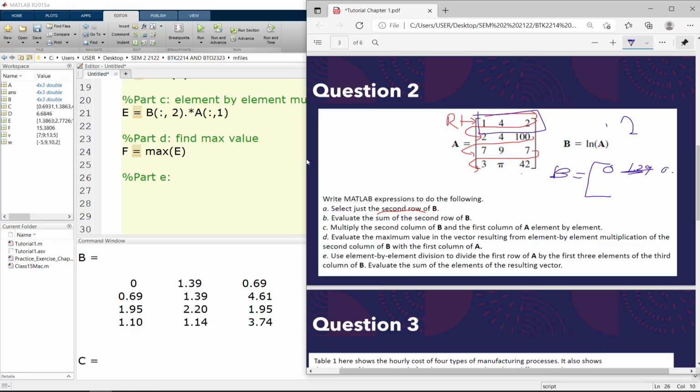Tak nampak lagi, kita tulis kat sini lah ya, B. Okay, so yang ni first row, ni second row, so saya tulis yang row ketiga. So 0.69, 4.61, 1.95 dengan 3.74. Okay, tapi dia hanya minta first 3 elements of the third column, so nak bahagikan dengan yang ni. Okay, tapi sekarang masalahnya